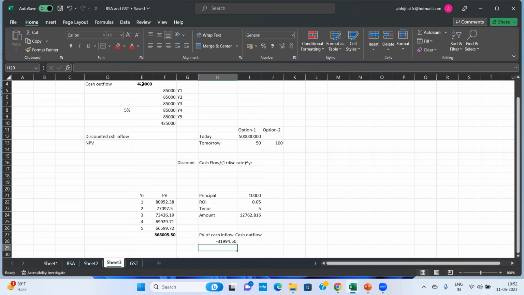But can I do something by which I can choose the project? See, you are into credit underwriting. We are not solving a problem of graduation or MBA, right? If we do that, then easily we will say that we will not take up the projects. Now, I have to take up the projects. How can I mitigate?